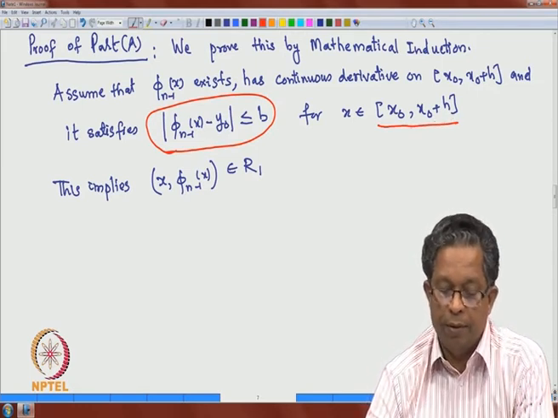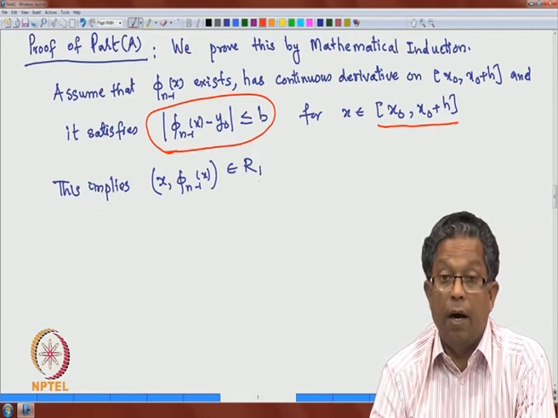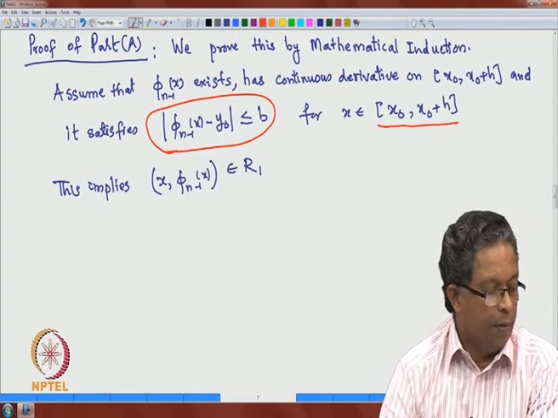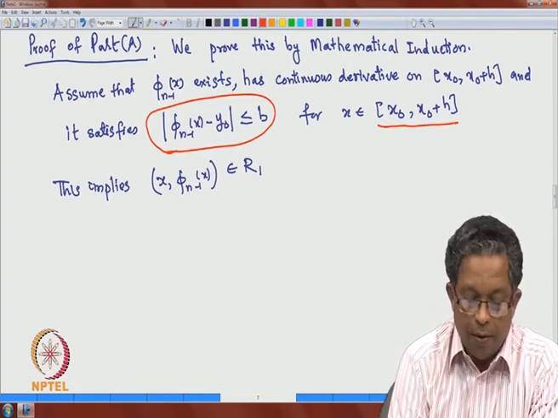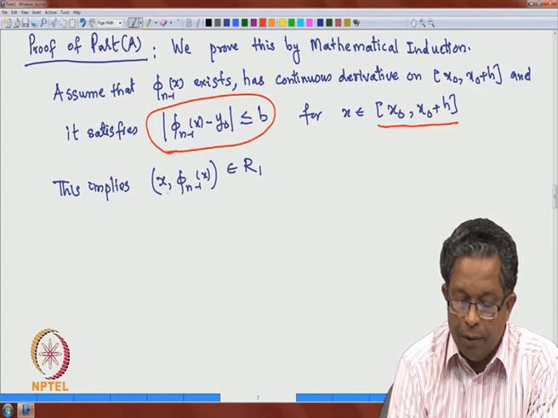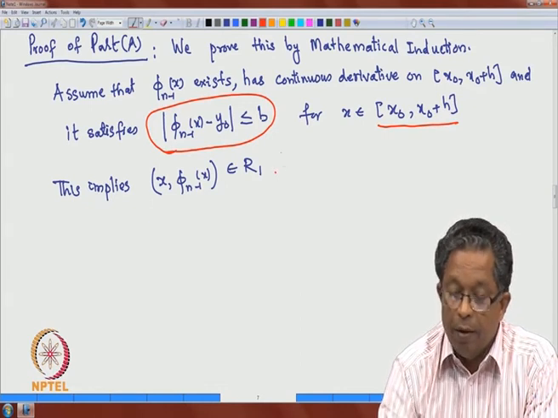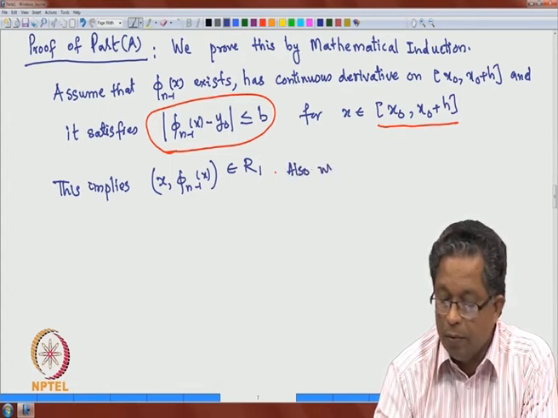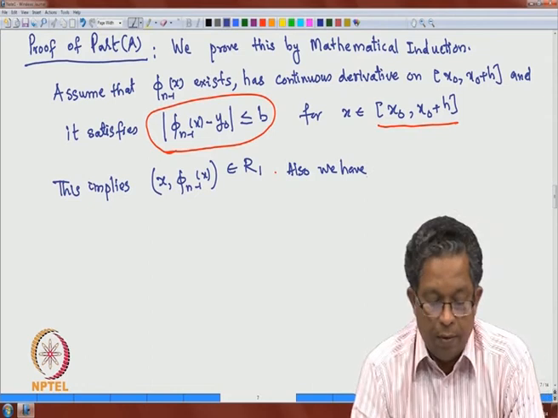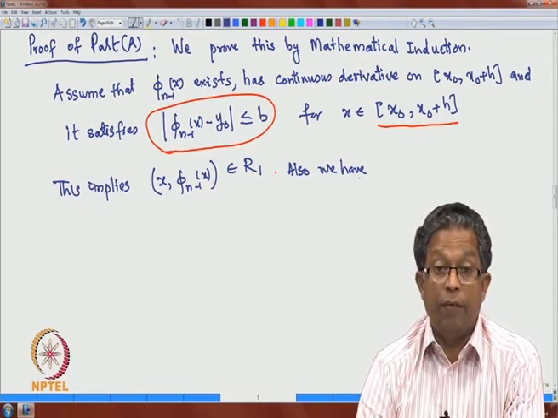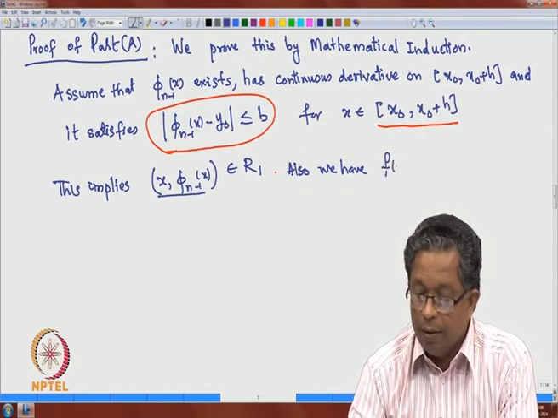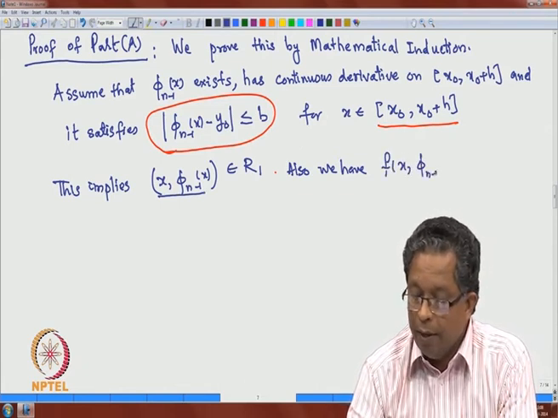So, therefore, the point x, phi n minus 1 x is in R1. Now, if this point is in R1, we can evaluate the function f at this point. So, f of x, phi n minus 1 x is defined,